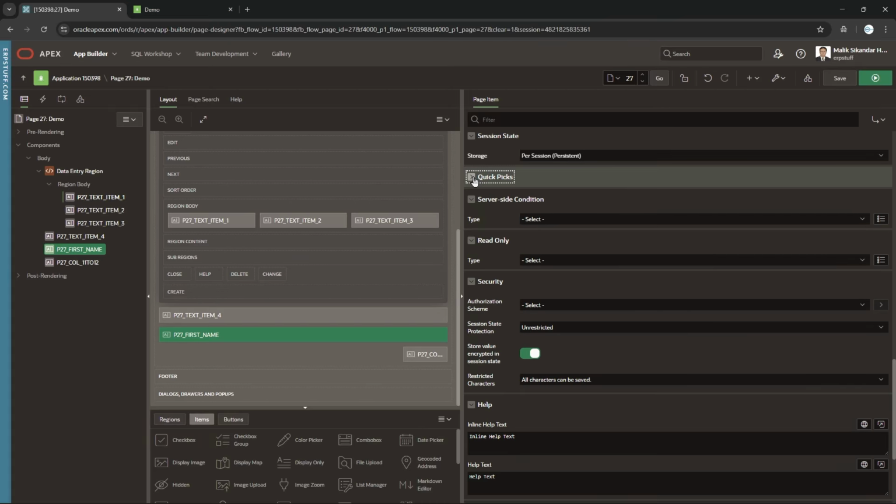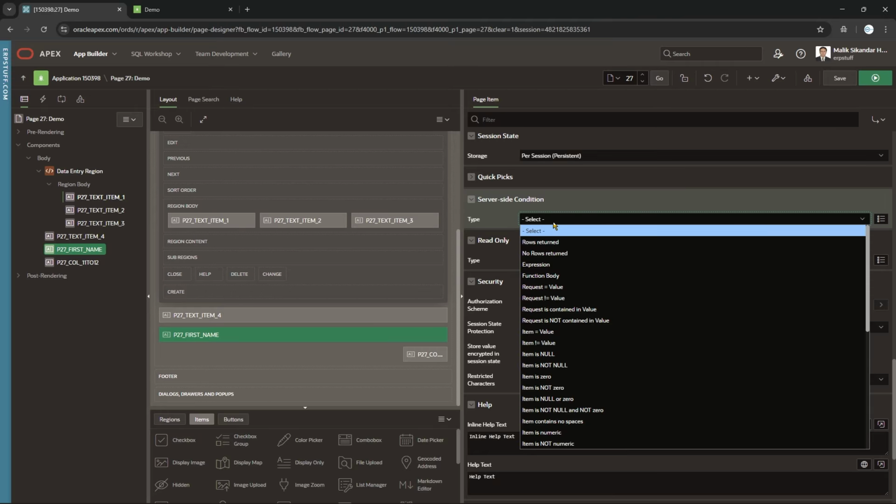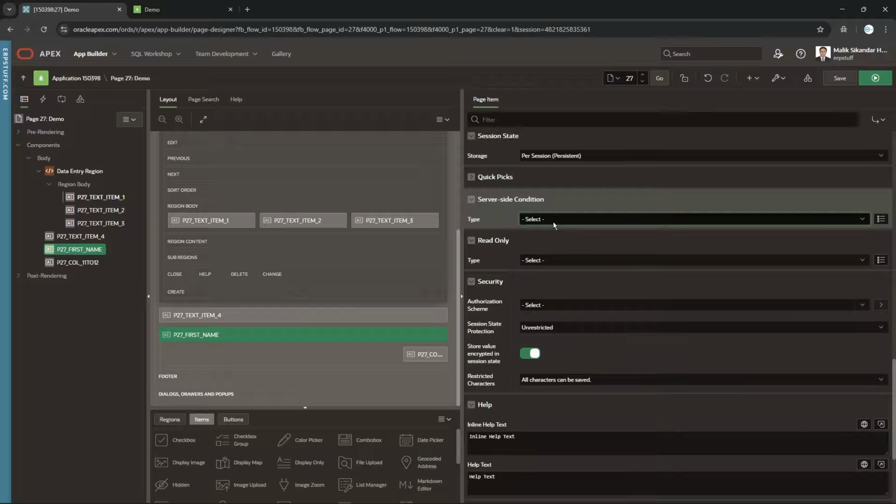Okay, quick picks, and then server side condition, another very important property. You need to use this to have better control. You want to allow something, you want to hide something, this is where you will have that control. So for example,